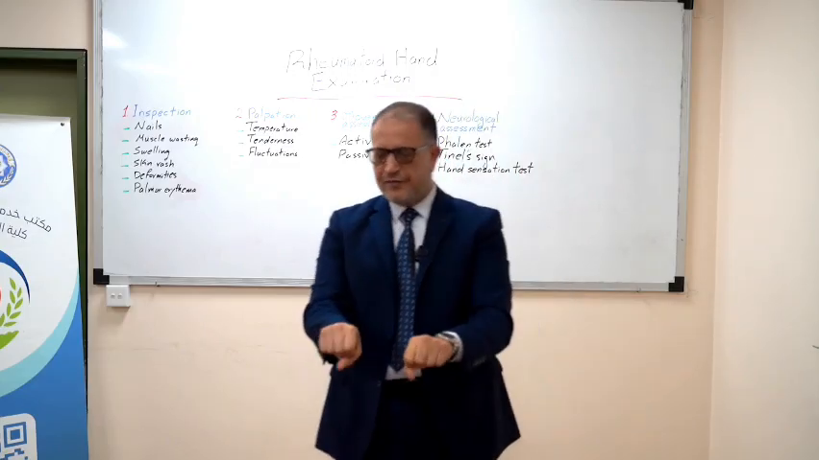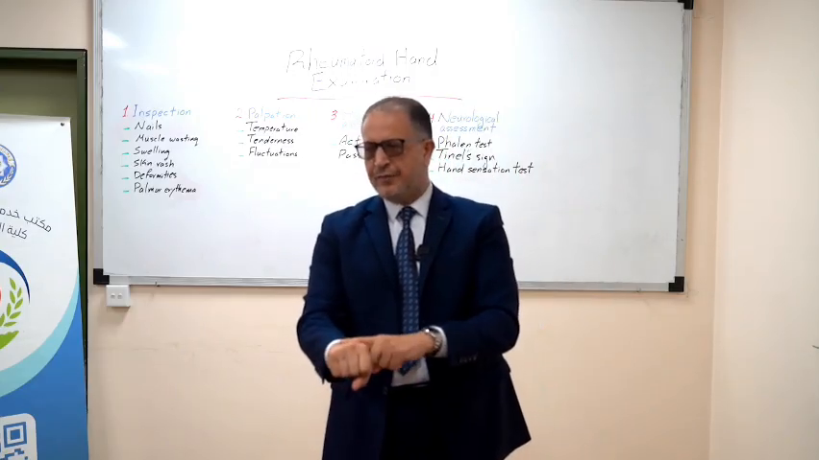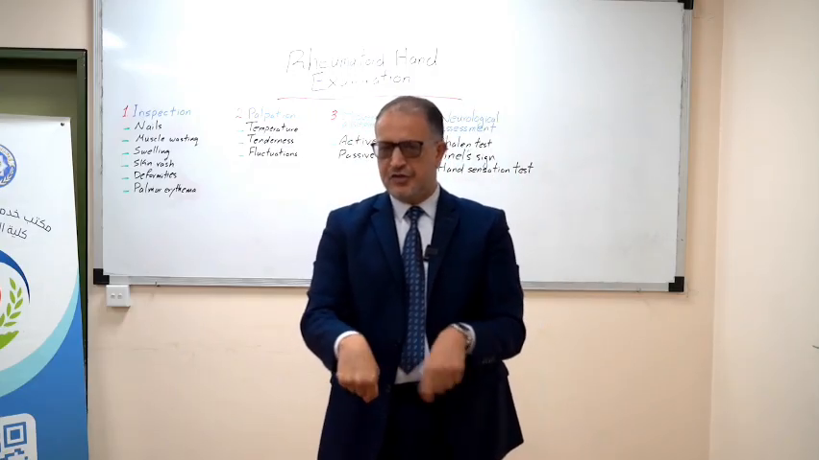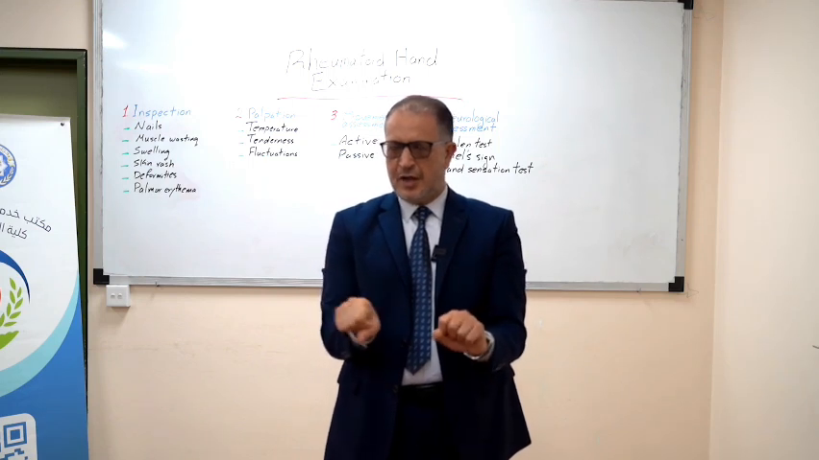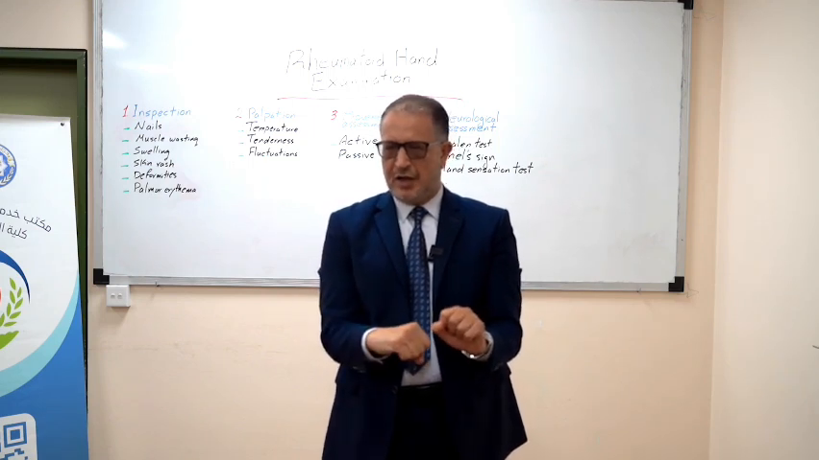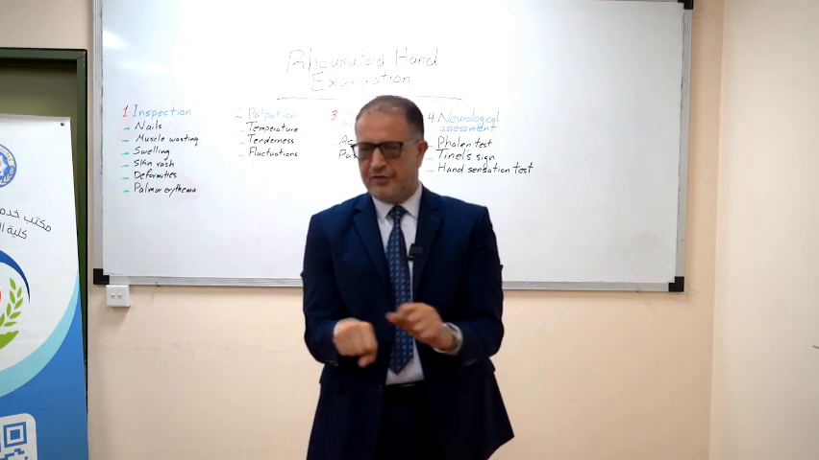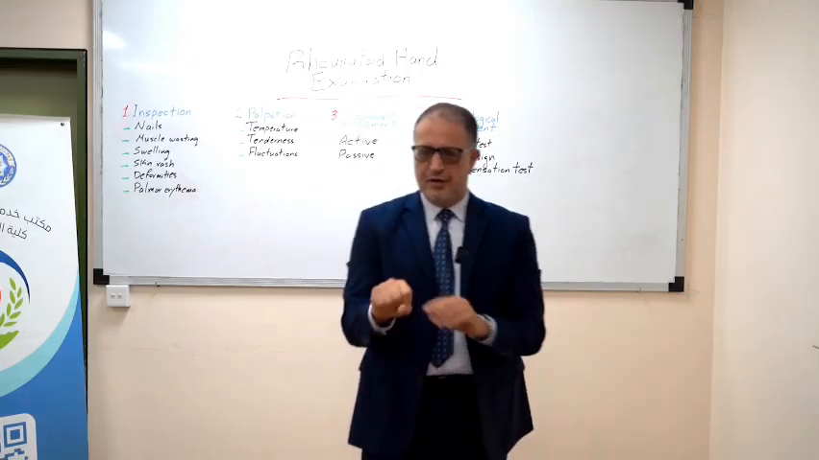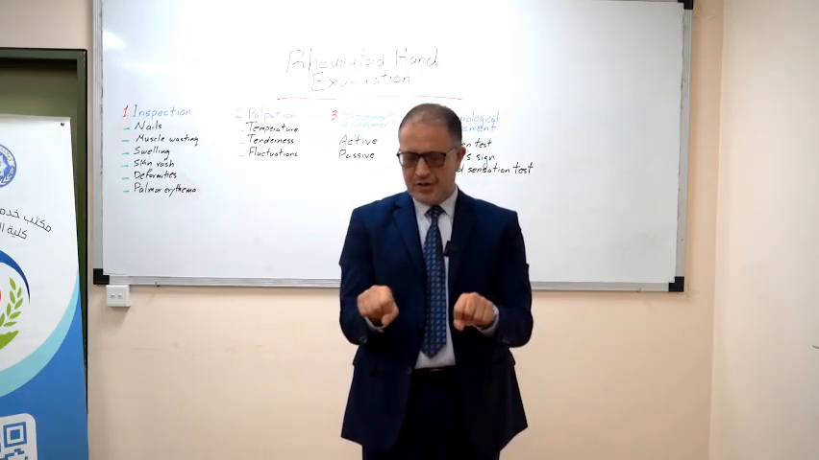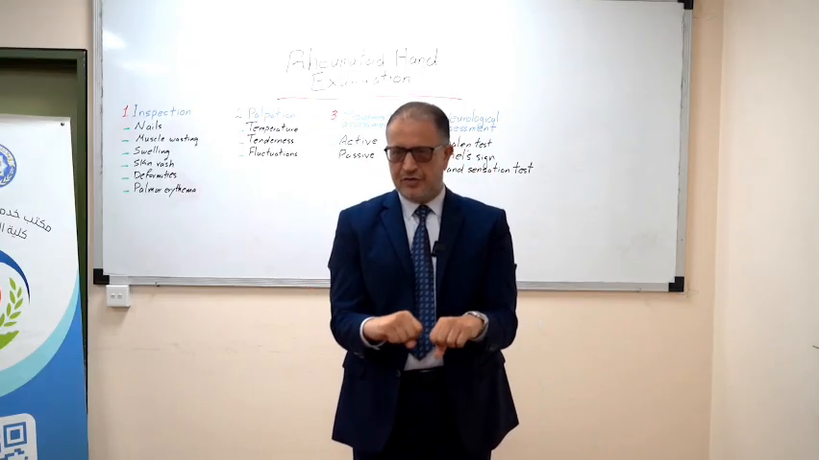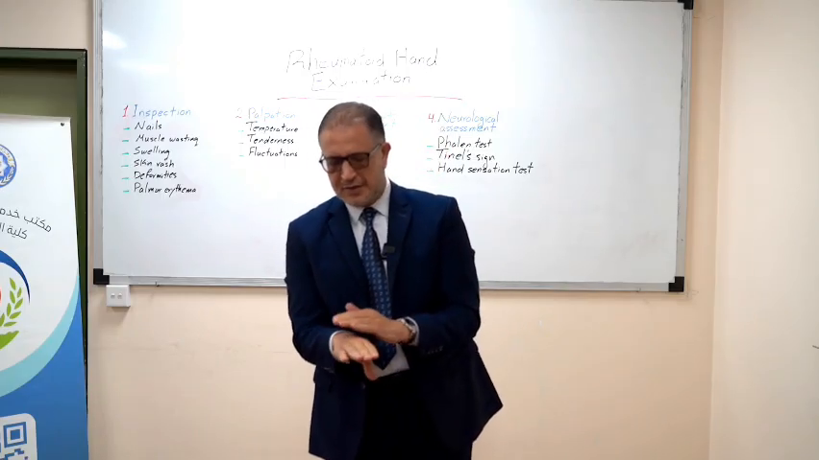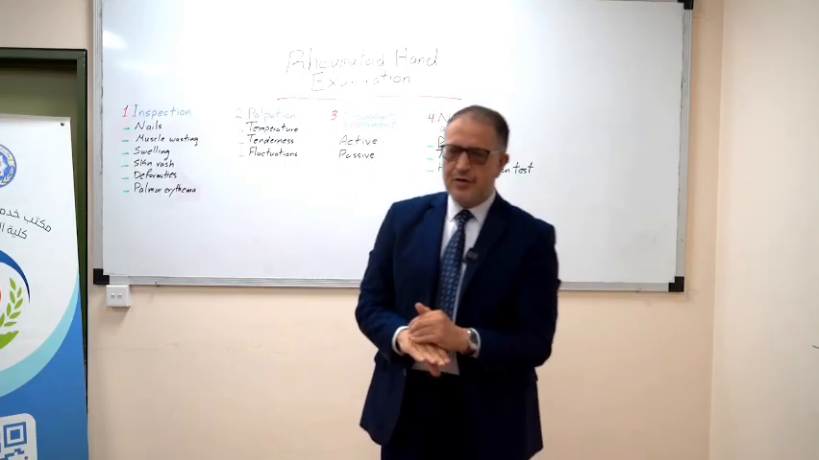Okay. While in the fist position, you test the wrist joint. Flexion, extension, abduction, and adduction. These are the four movements at the wrist joint. Flexion, extension, abduction, and adduction. This is the important part to assess the power in these areas. Then you come to ask